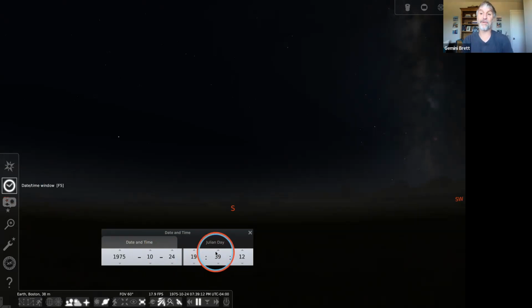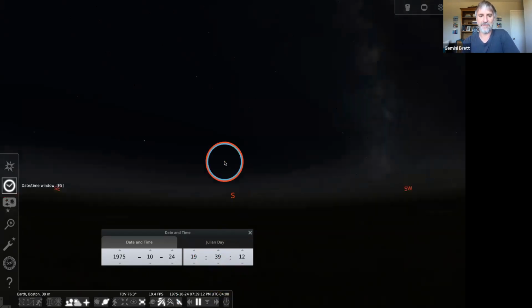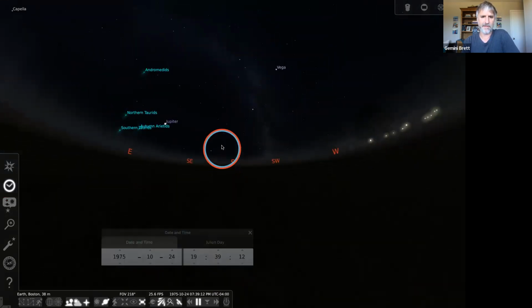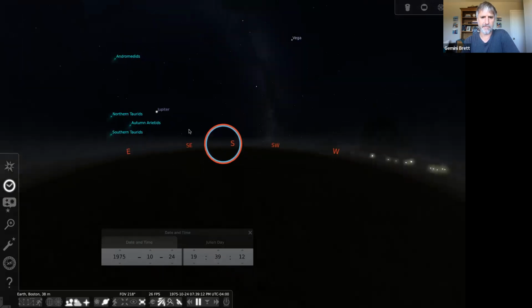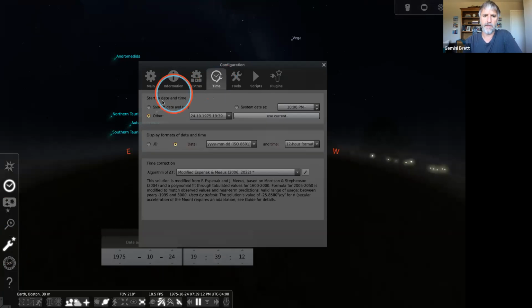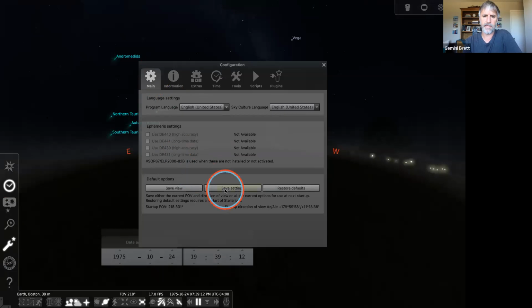I guess if you want to set it for your birth time, set it for 5 seconds before, so when you open up Stellarium you can hit pause time and it stops on your birth time or whatever it may be. Yeah, I'm seeing just from a few little clues that this is indeed me. We can see that it's set for Boston, but for the future videos I want to change that, so I'm going back into the configuration window, time, startup at system date and time, main, save settings,